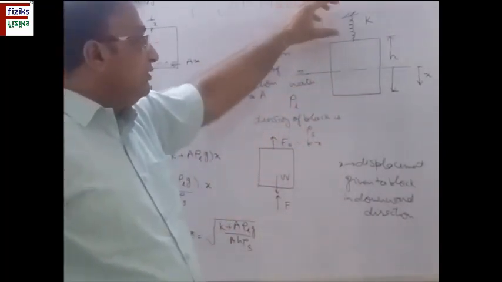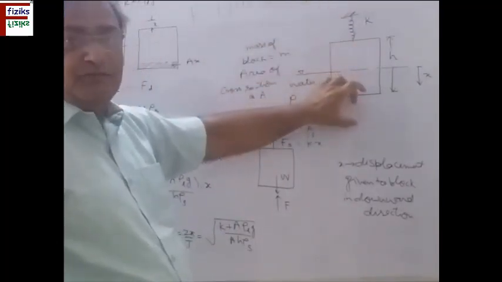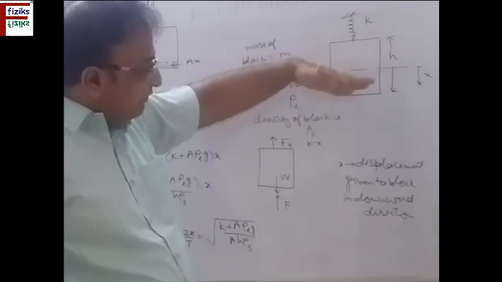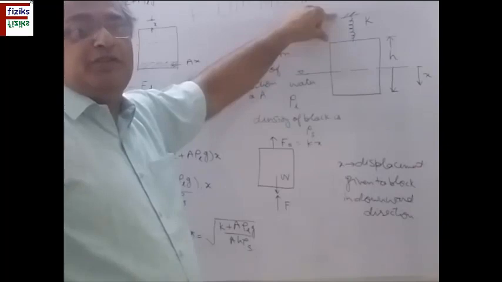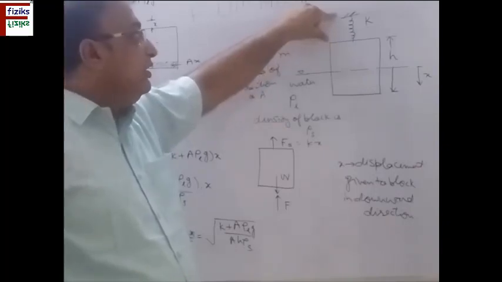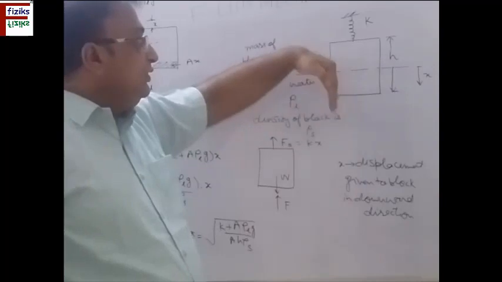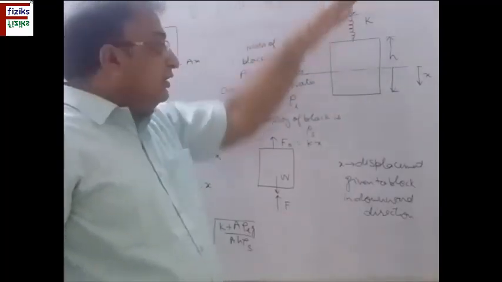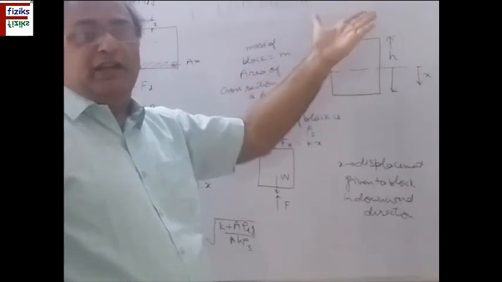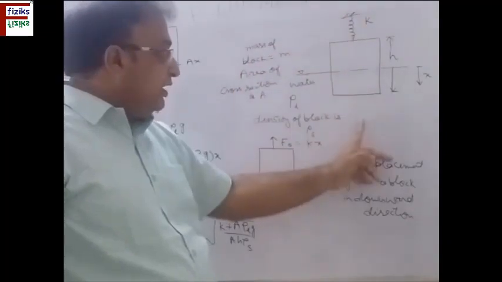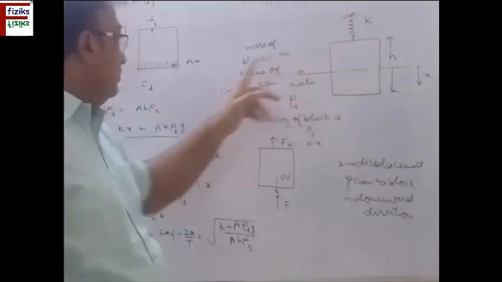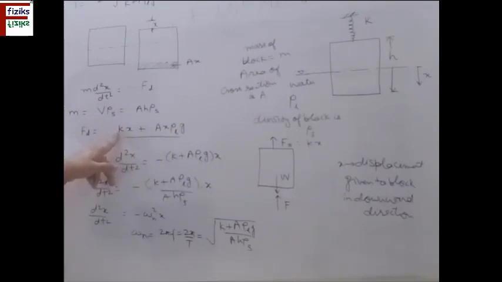We can have, in place of one spring, two springs, one here, one here. If I give it displacement in same way, downward direction, one spring will be elongated. Suppose K1 is the spring constant of that spring, and the other spring will be compressed. So this will pull the block in upward direction and this will push the block in upward direction. In that case, the total spring force will be K1 into X in upward direction, K2 into X in upward direction. So in place of K, I will have here K1 plus K2 into X. Otherwise the problem remains same. So you can note it down.